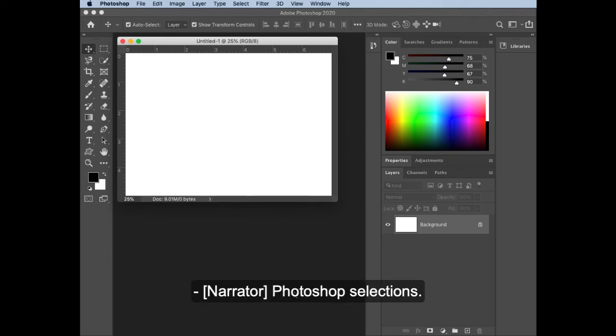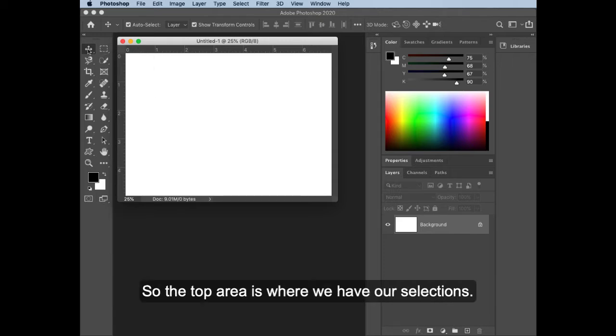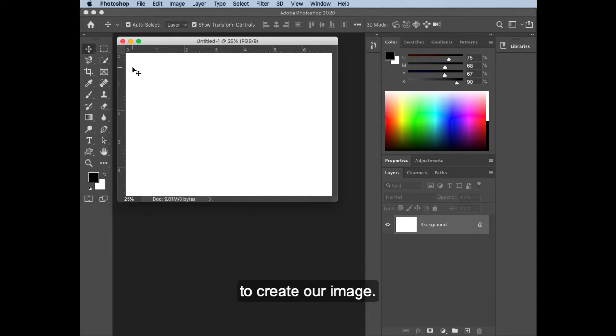Photoshop selections. So a little bit of basic information and introduction to Photoshop selections. Our selection tools are located in the top section of our toolbar. So the top area is where we have our selections. And what we're going to do is we're going to composite, meaning combine images from different sources to create our